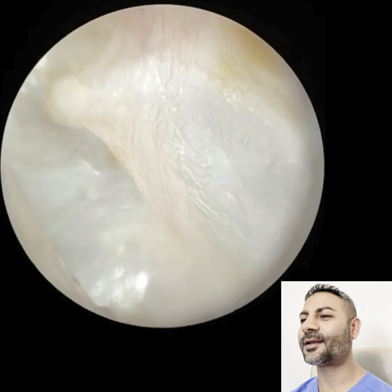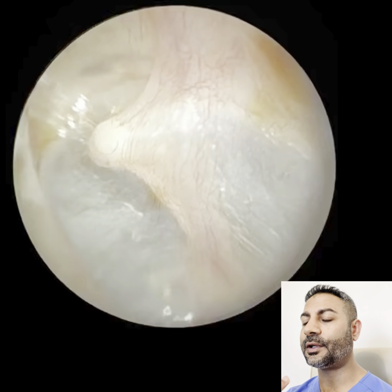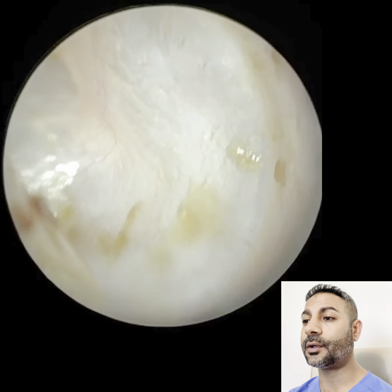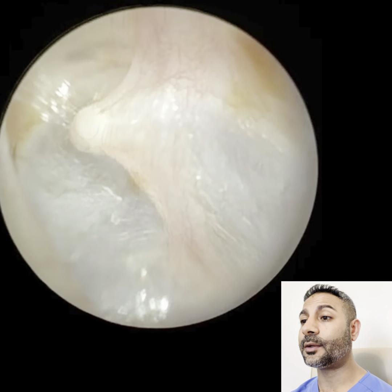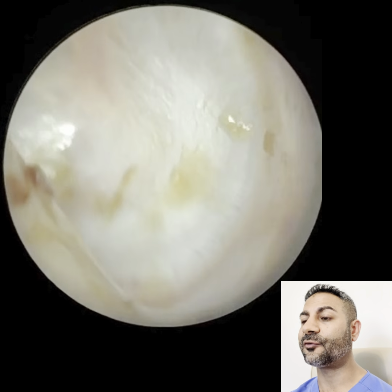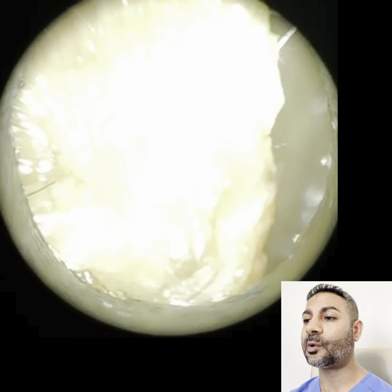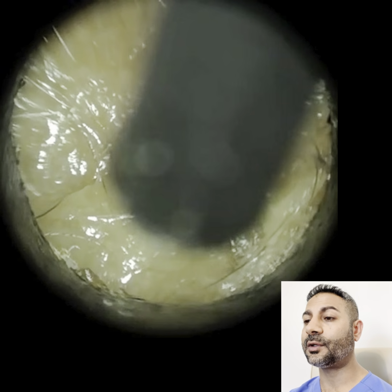So you can see the short process of the malleus, the hammer bone, is very prominent, and there's an attic retraction there. So immediately I thought this patient has got active eustachian tube dysfunction. So the eustachian tube is blocked, which is preventing the middle ear aerating. So it then creates a vacuum, negative pressure, and the eardrum gets sucked in, and it typically gets sucked in at the top, the attic, and also the posterior superior quadrants. In the left ear, that would be northeast, and the right ear would be northwest. And that's because the attic region,